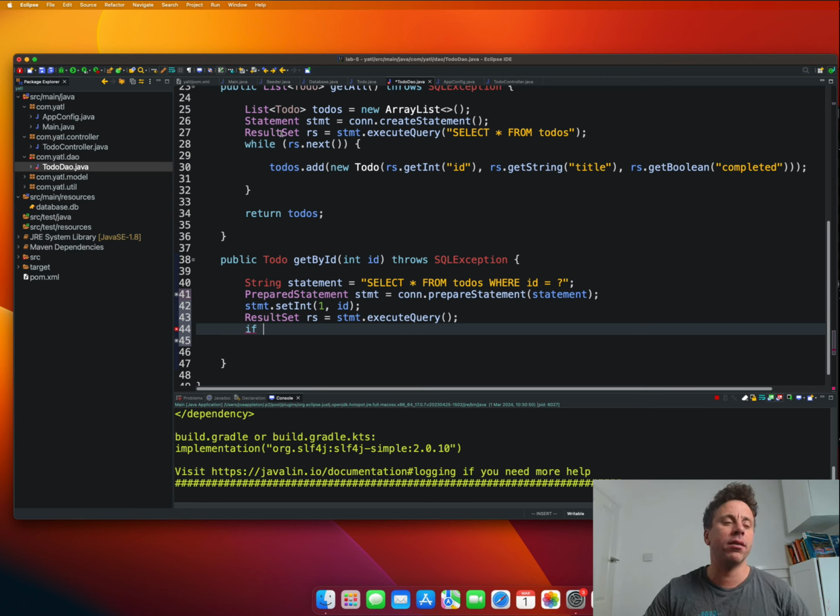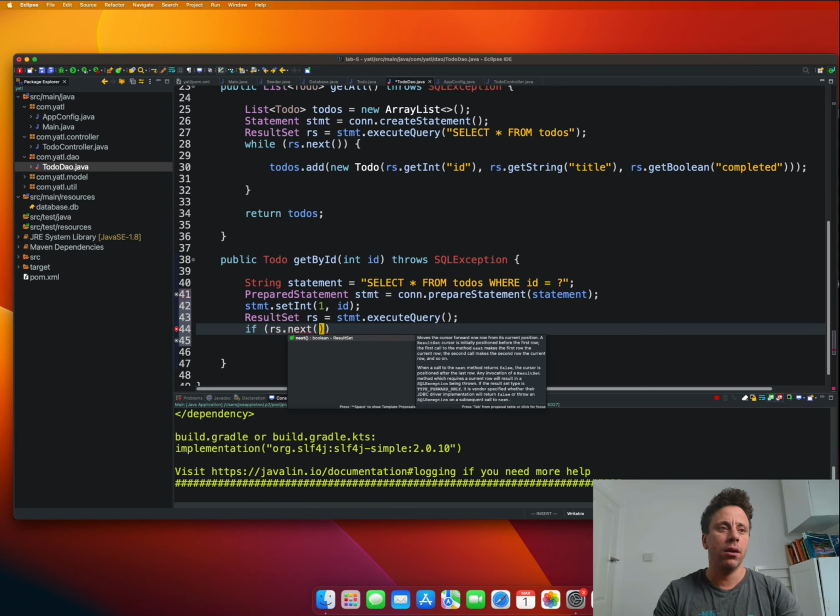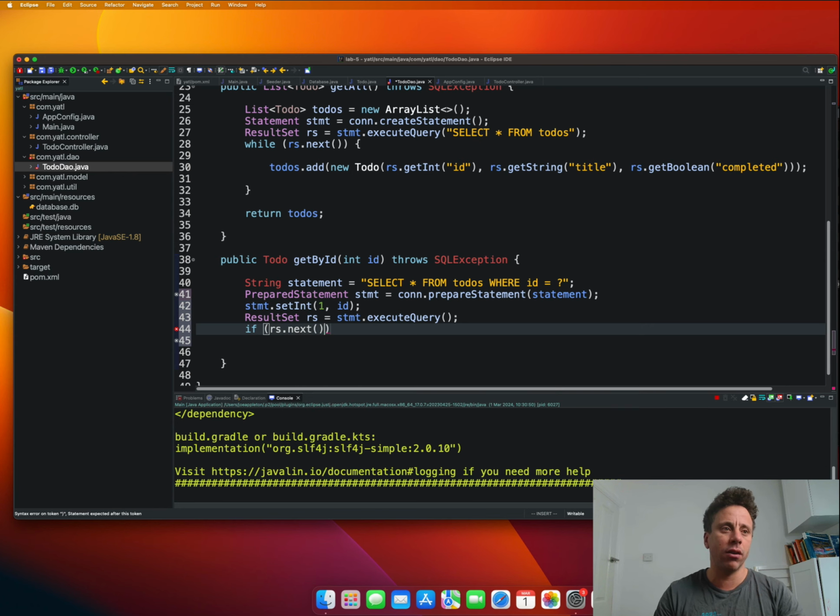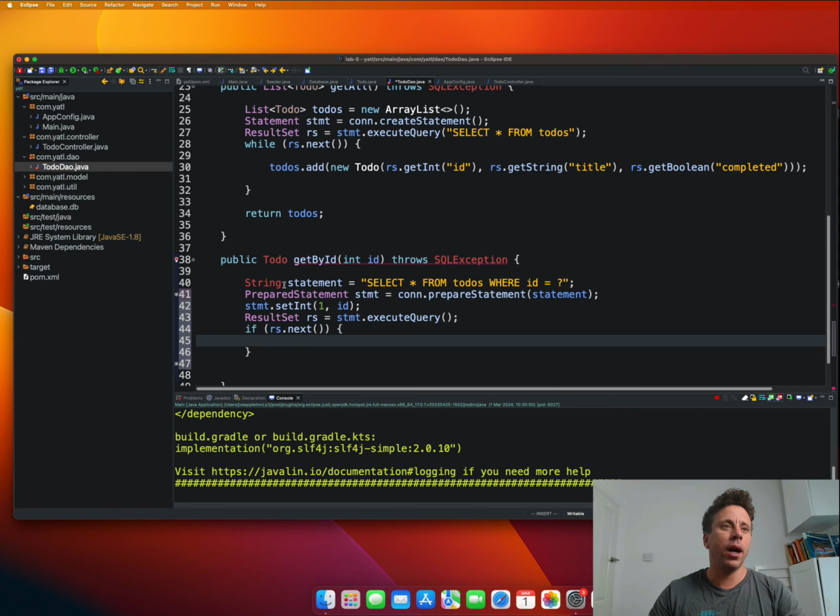the entire result set. I know it's going to be there when I say rs.next. It's the first item that it's pointed to. So I can do this. I can say if rs.next, so this will return something, right? So it's not going to be false, it's going to be true. I can then